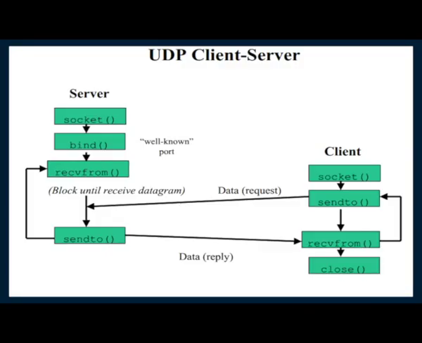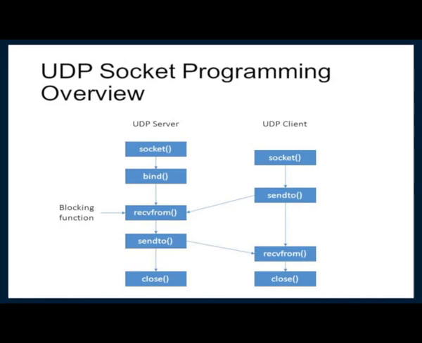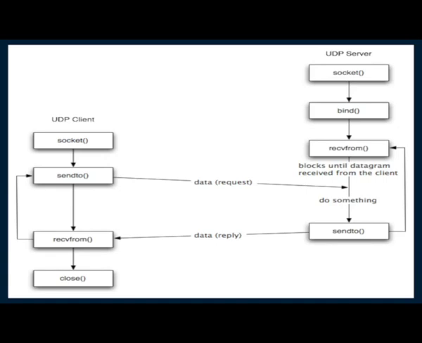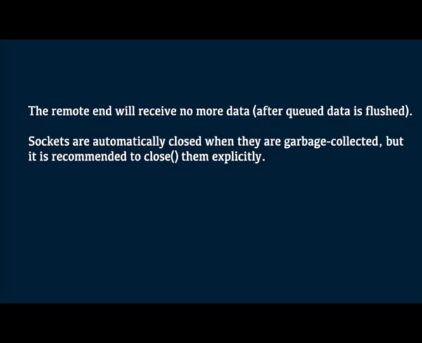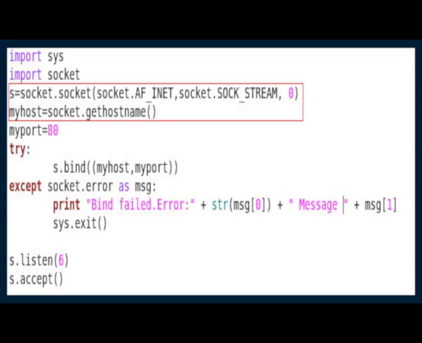The s.recvfrom method receives a UDP message. The s.sendto method transmits a UDP message. The s.close method closes the socket. The remote end will receive no more data after queued data is flushed. Sockets are automatically closed when they are garbage collected, but it is recommended to close them explicitly. We can obtain the host address by using the socket.gethostname function. It is recommended to use a port address above 1024, because port numbers lower than 1024 are reserved